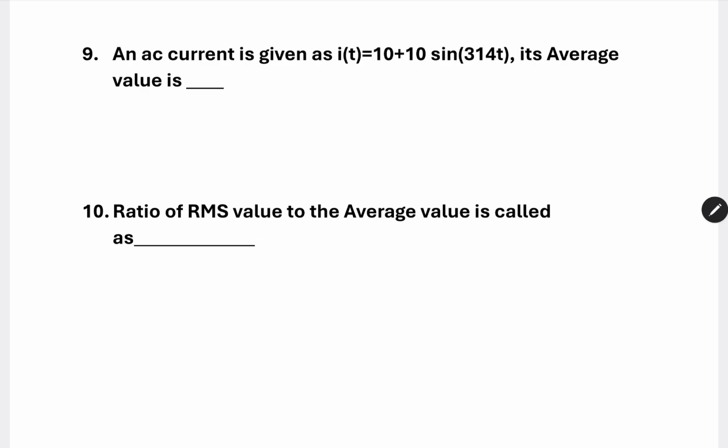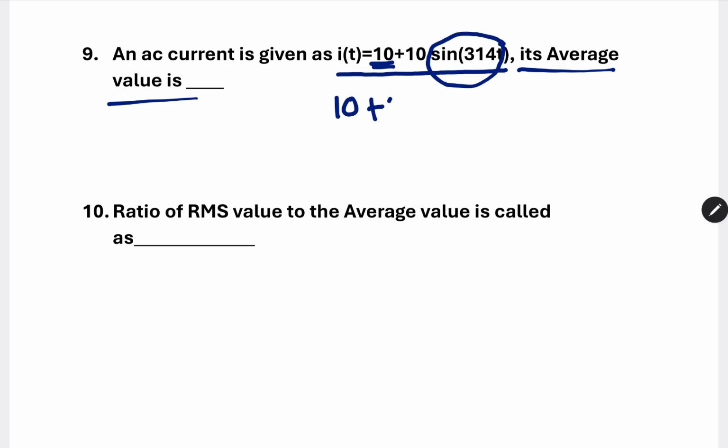Next, question number 9. An AC current is given as 10 plus 10 sine 314t. What is its average value? We need to calculate the average value of 10 plus 10 sine 314t. See, this 10 is a constant, so we will get 10 only. But for a sinusoidal quantity, the average value is going to be 0, so 10 plus 0. So the average value is nothing but